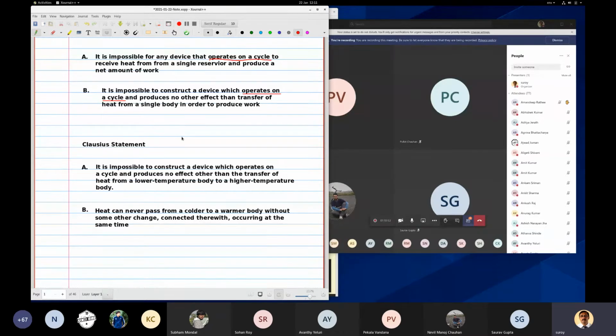So that is the principle of the refrigerator. So when they designed the air conditioner or refrigerator, they have applied the second law also. Otherwise, they will not be able to design it. So you understand the Clausius statement. Then another way of putting the Clausius statement is that heat can never pass from a colder to a warmer